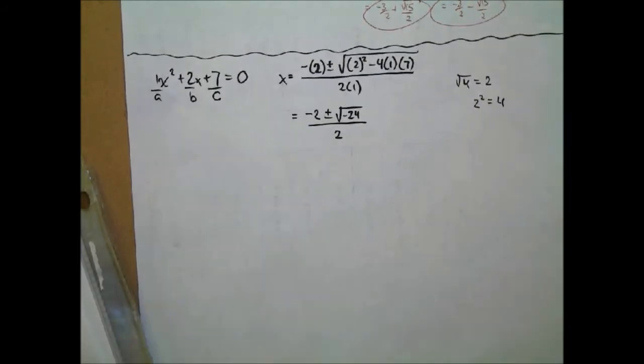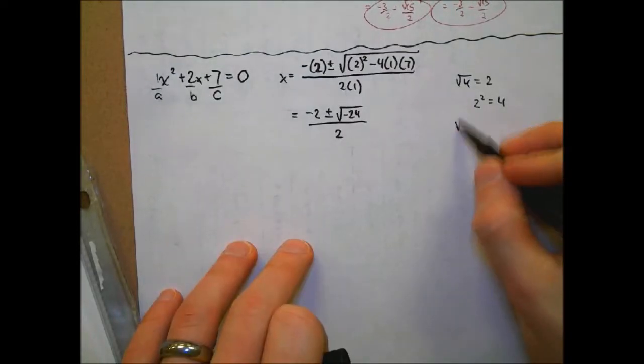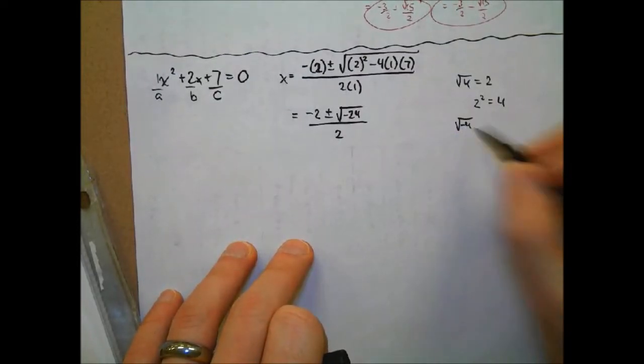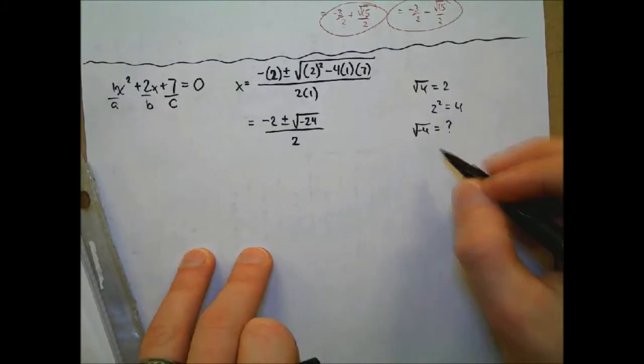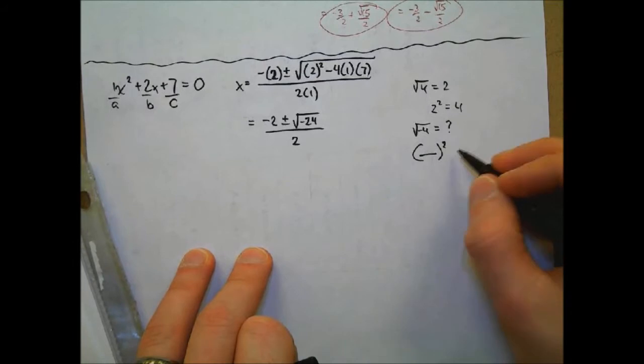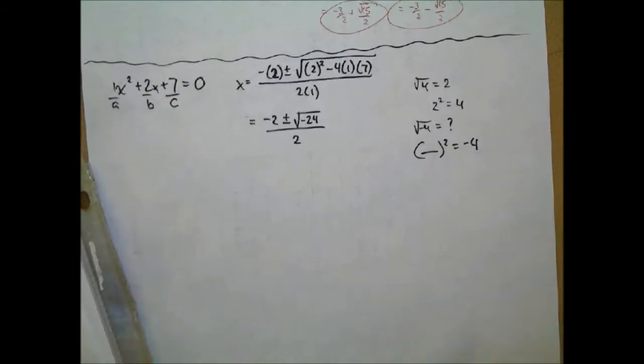Yeah, right, no real answers, right? So think about it. We could do 2 times 2, but 2 times 2 is a positive 4, not negative 4. We could do negative 2 times negative 2, but what's negative 2 times negative 2? Positive 4, not negative 4. There's no number that when you square it will give you a negative 4, except for if we introduce a